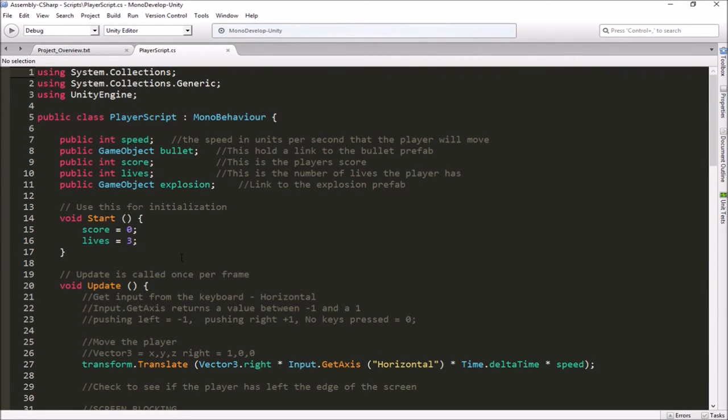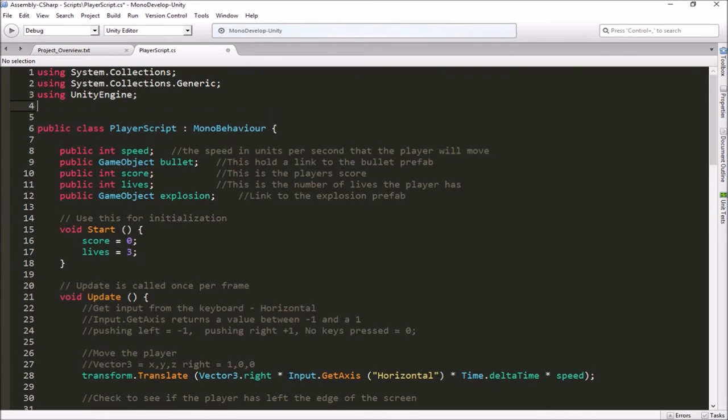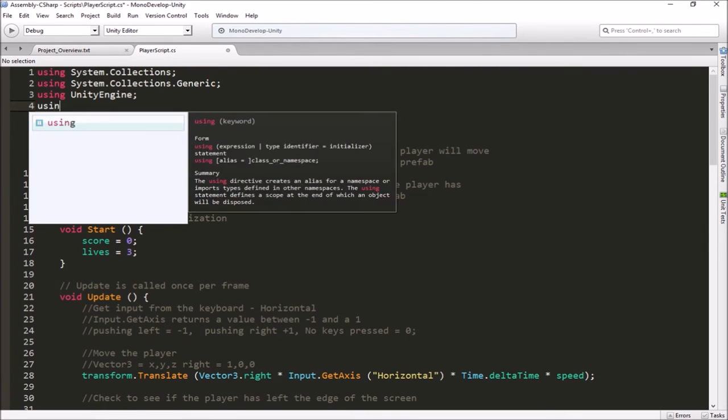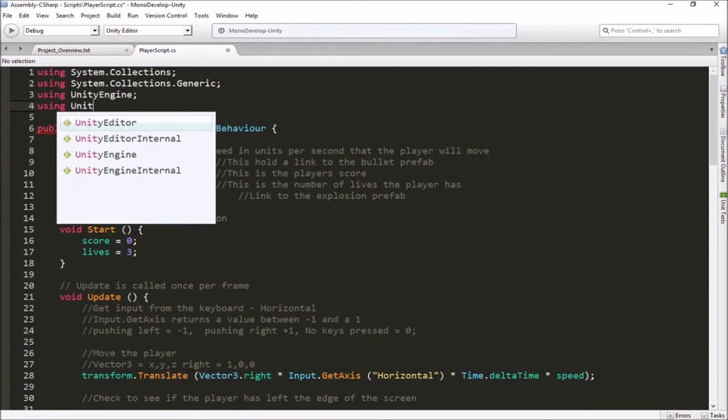The reason I'm looking in the player script is because that's where we've actually put our score and our lives variable. So the player script is the one that is keeping track of all of this. So we're going to use the player script to also send that information to the screen. The first thing we need to do if we're going to be accessing UI elements from our script is add another using up here at the top. So I'm going to say using UnityEngine